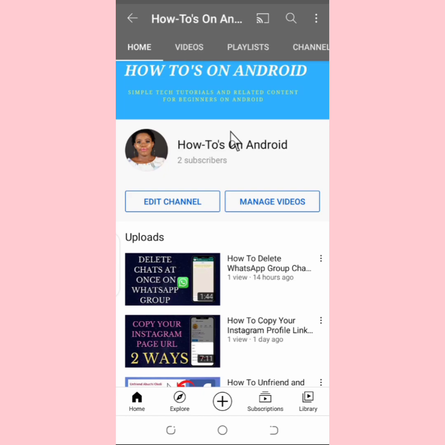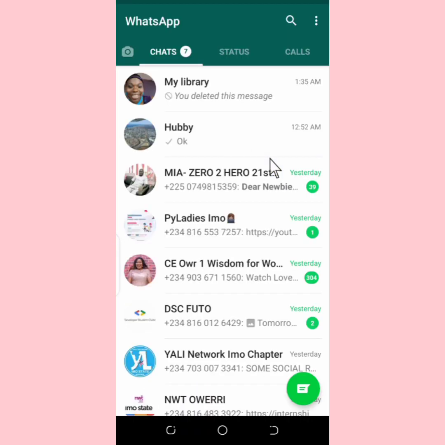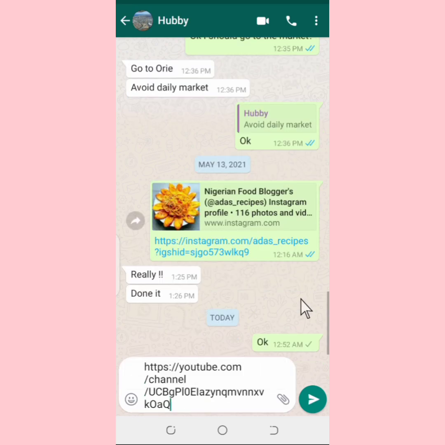So let's go to WhatsApp and paste this link to test it out and to see where it will take us to. So tap on WhatsApp. Then let me send this link to someone. You tap on hold to paste the link. You tap on paste. So here is the link. Send the link.